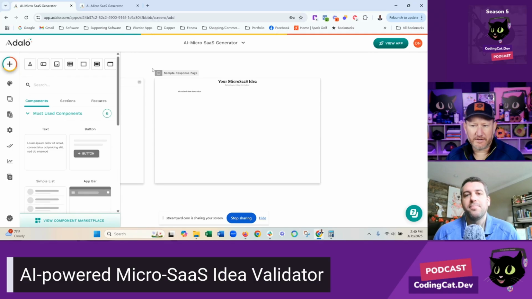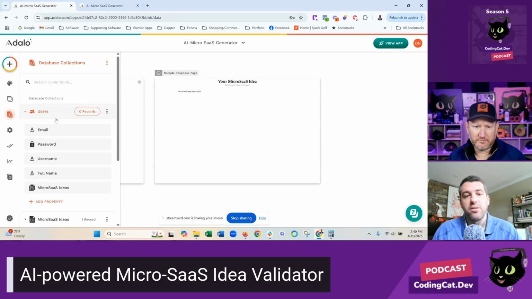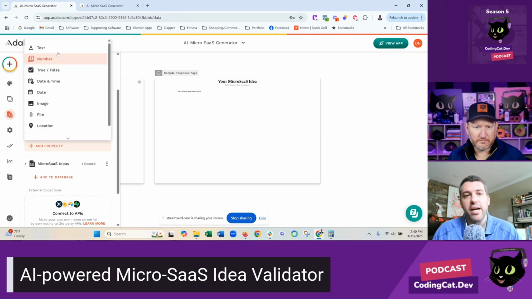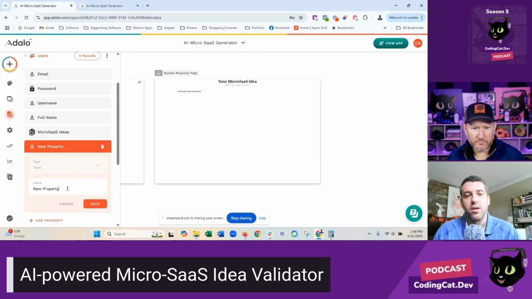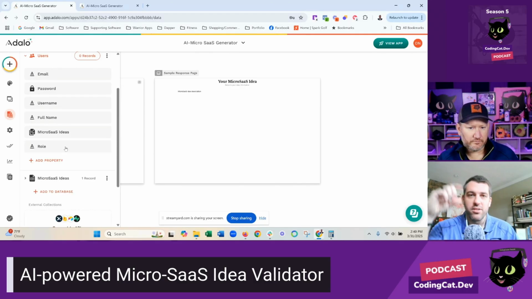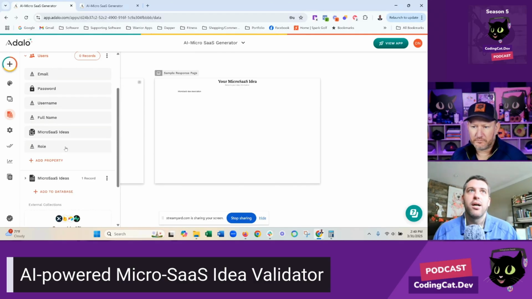And is that an external setup, or is that all done within Adalo? It's all in here. So what I could do is either add a new collection or just add a property here that says role. Then when someone signs up, I can set that to automatically be a certain value.